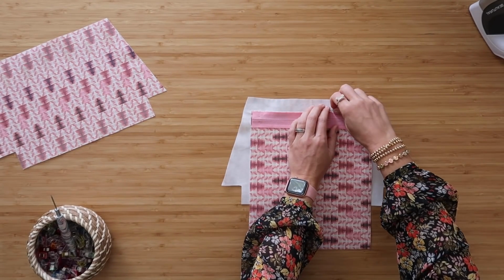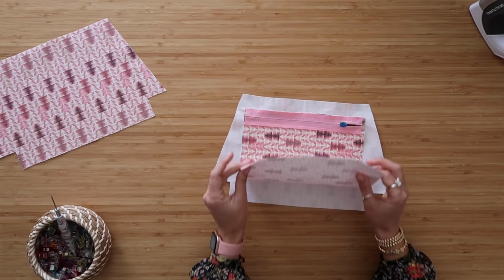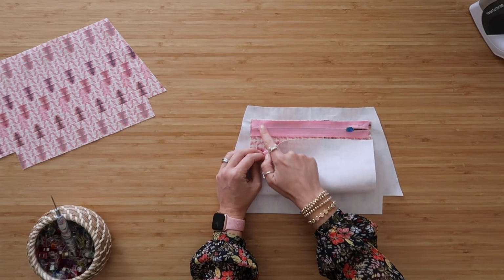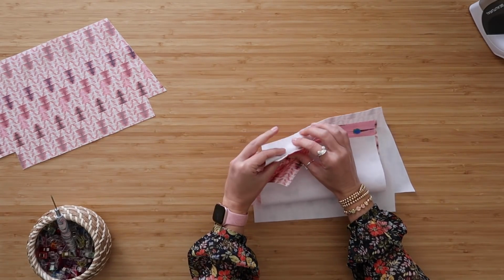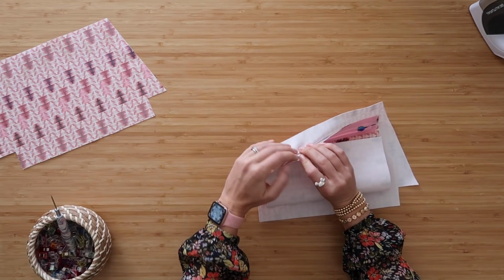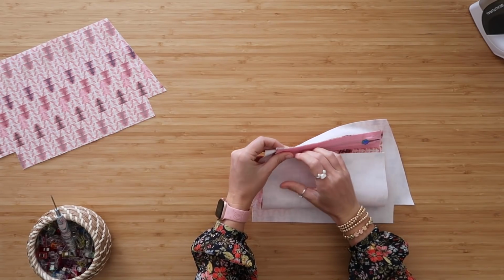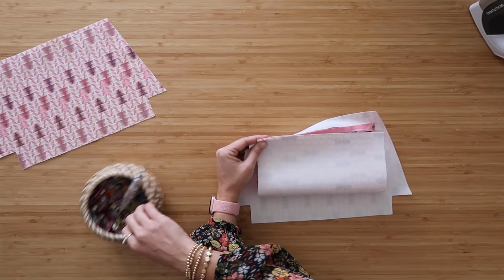And you can just remove your tape. And now we're going to take the bottom edge of the zipper pocket and fold it up right sides together so that it comes to the top edge of our zipper tape. And it's not much, but we do have enough fabric here to move the lining panel out of the way and just get that small strip up here and clip the bottom edge of your zipper pocket panel